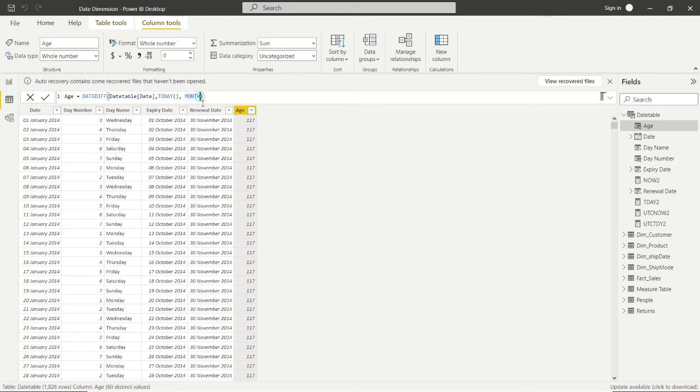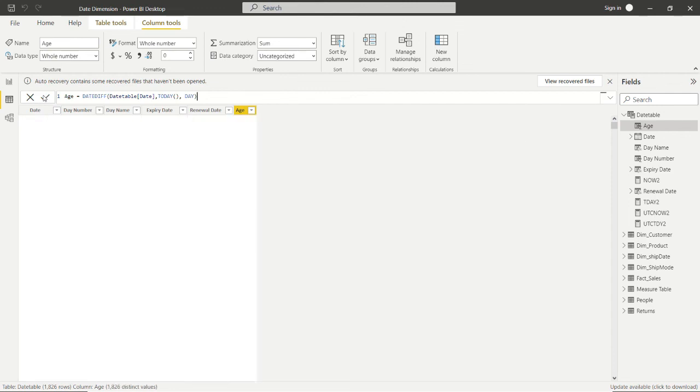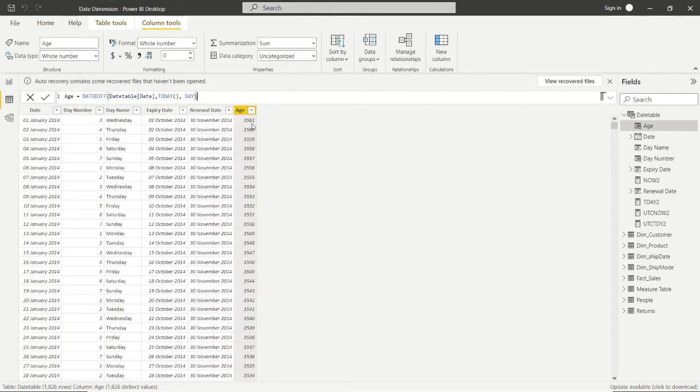If you want to calculate in days how many days have passed, we can give that value as well. So here 3561 days, 3560, like that. We can see here first, second, third, fourth, five, six, the value is decreasing.